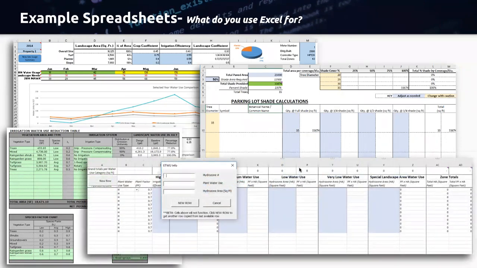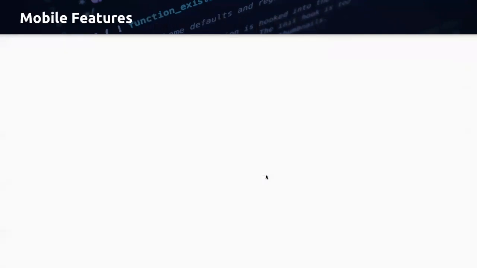And then a lot of irrigation stuff is falling under this MAWA and ETWU deal, and to be able to provide not only a summary of stuff, but keep a nice report of what all the zones are and really all the different numbers that correlate to that is just really helpful.